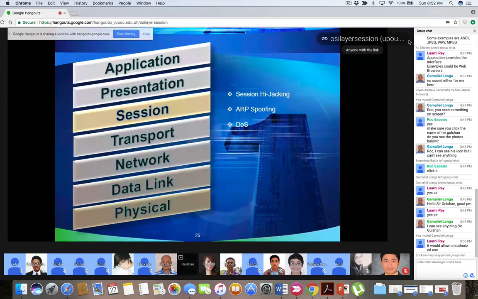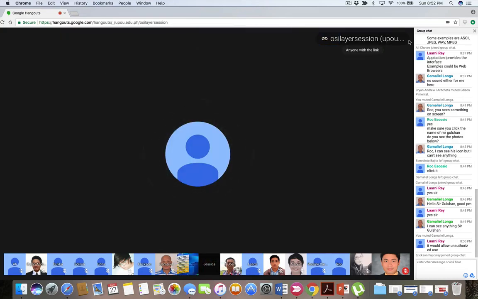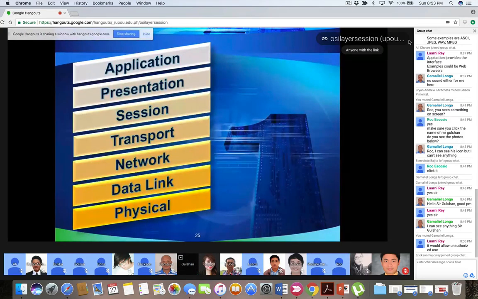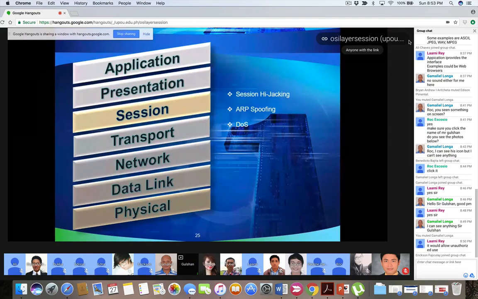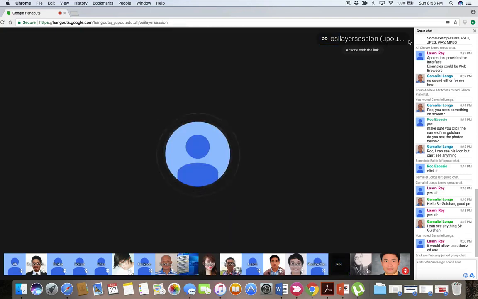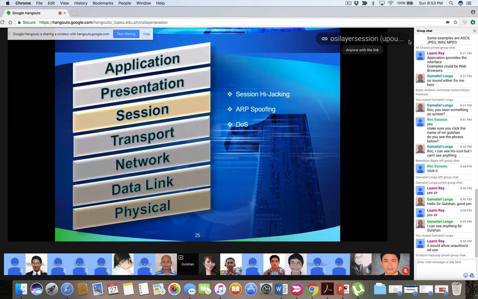Now we go to DOS. DOS attack, you already know. What is DOS? Denial of service. Because in my last class I got an answer, disk operating system. So how do we perform a denial of service attack? It is by flooding, for example, the network. So sometimes the bandwidth is utilized in a wrong manner. It's not only limited to the bandwidth, it can be your CPU as well. It can be your RAM as well.